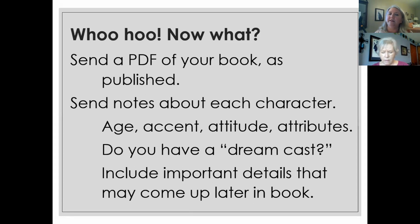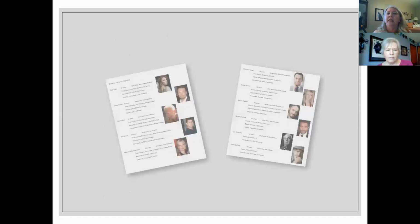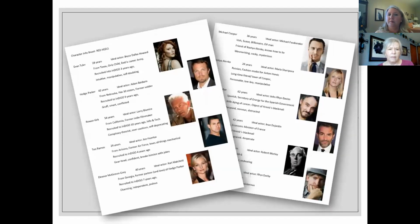And then she also said, do you have a dream cast? If so, who would those actors be? And anything else that comes up that is important later in the book, that might not be right at the beginning, but the things that they need to know, you want to make sure that you include that. So after she sent me that questionnaire, I provided her with a couple of PDFs that have the pictures of the,